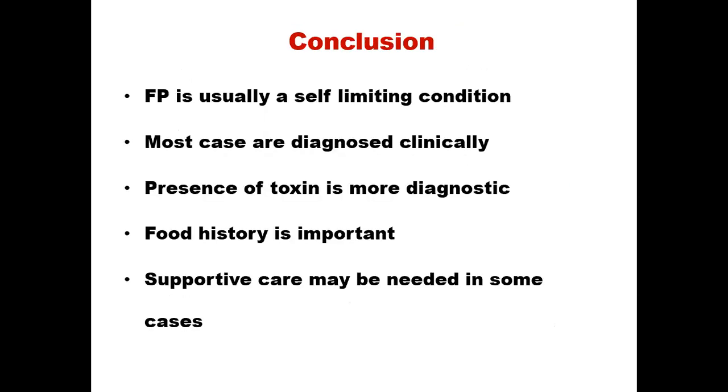So in conclusion, food poisoning is usually a self-limiting condition, and your diagnosis is clinical most of the time. It's mediated by toxins, so you need the presence of the toxin to make a diagnosis. You don't need to culture the organism from the patient's stool. Food history is very important, and supportive care may be needed in some cases. So this ends